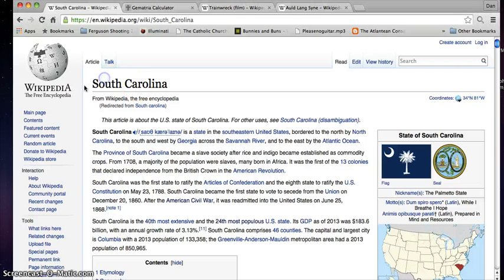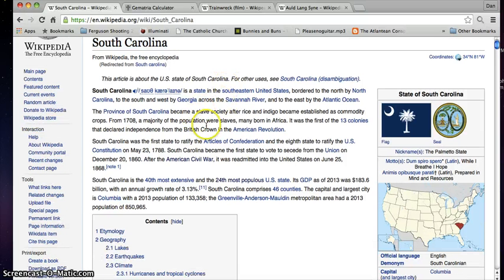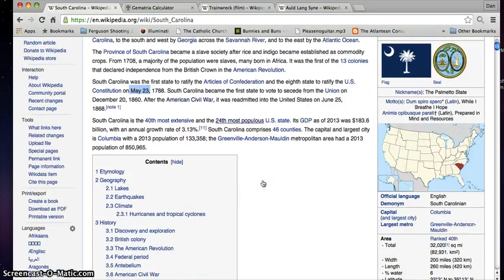So even South Carolina, so we have the church shooting with whatever, but it was the 8th state to ratify the Constitution on May 23rd, 1788. So 227 years ago, like I said, pi, Valentine's, 49, but also May 23rd, there's 222 days left until the end of the year. It's the Hermes Trismegistus feast day. Also,